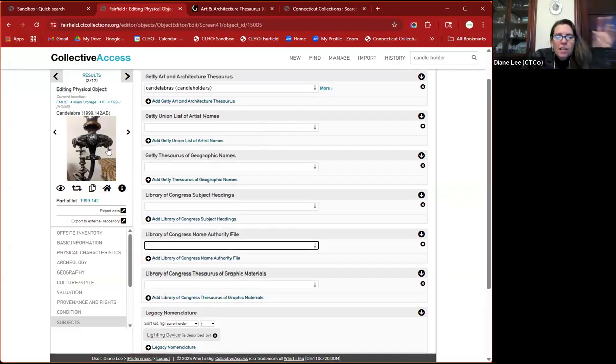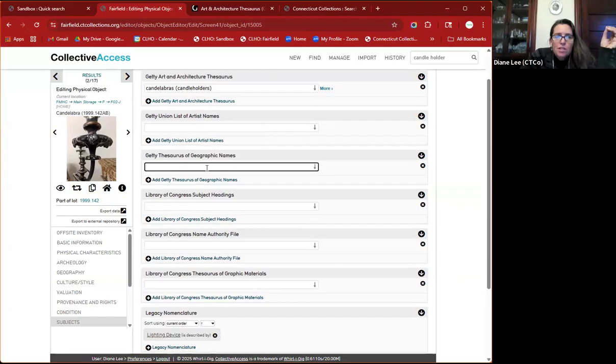A note about looking over this whole part, a note about the geographic names. Getty's geographic names. Sometimes your town won't jump in here. It's only a few that I found, and it's mostly down by me in Fairfield. If I start typing in Fairfield,